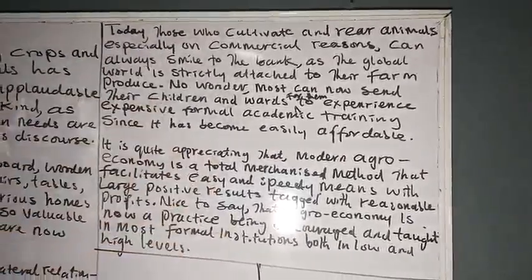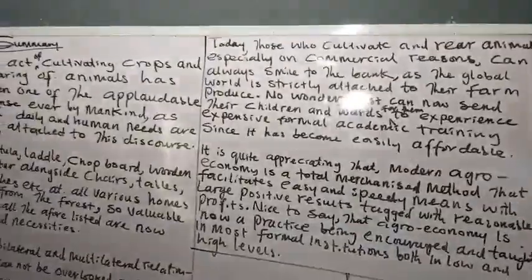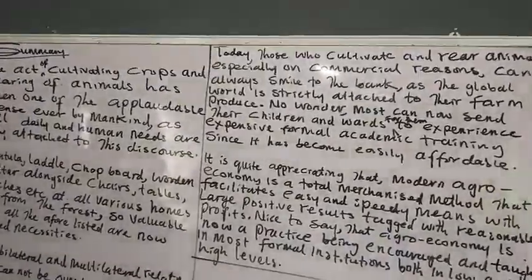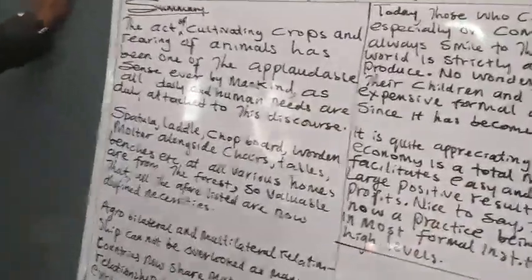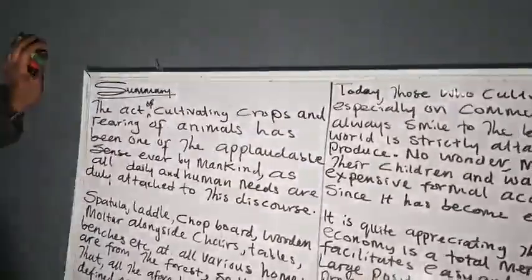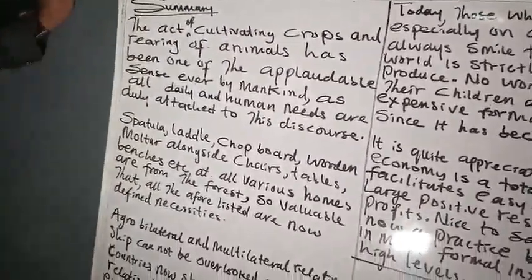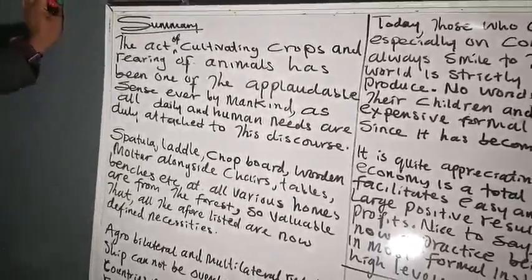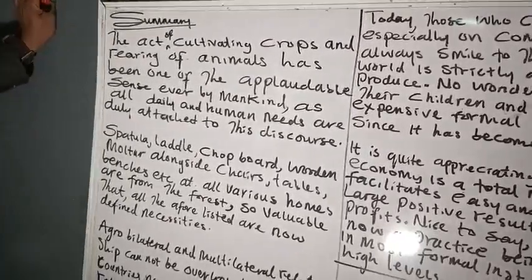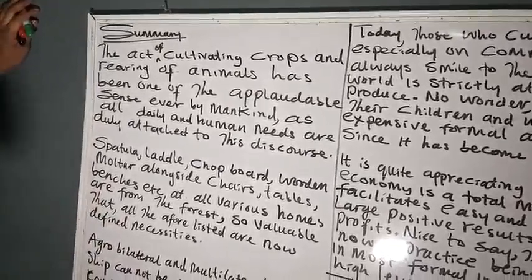So how will I know that there is at least one sentence for each paragraph? What I need to do is that if I am asked to summarize in 5 sentences, I need to know the number of paragraphs. So if I have 5 paragraphs, it means I'm going to summarize one sentence at least for each paragraph. If I am to summarize in 5 sentences, at least I should be having 5 paragraphs. It means I should look at the 5 paragraphs that can easily give me what to write about, because one